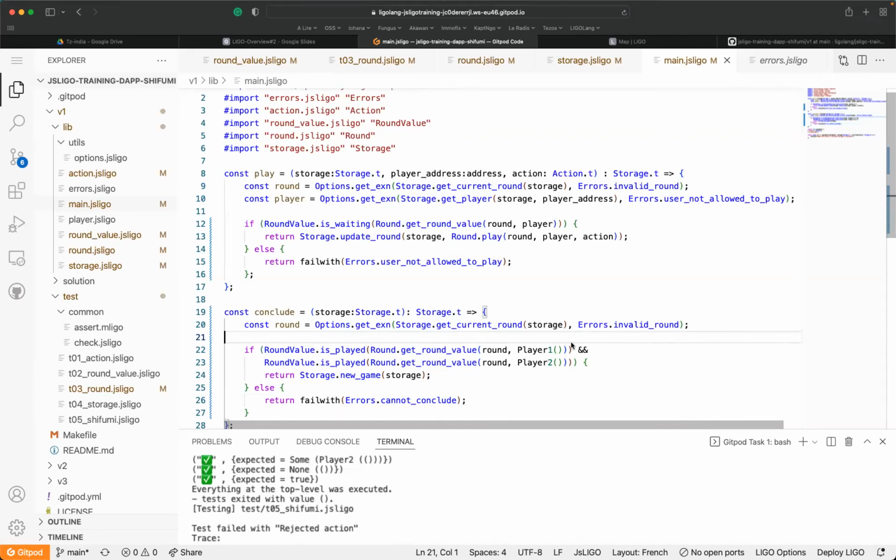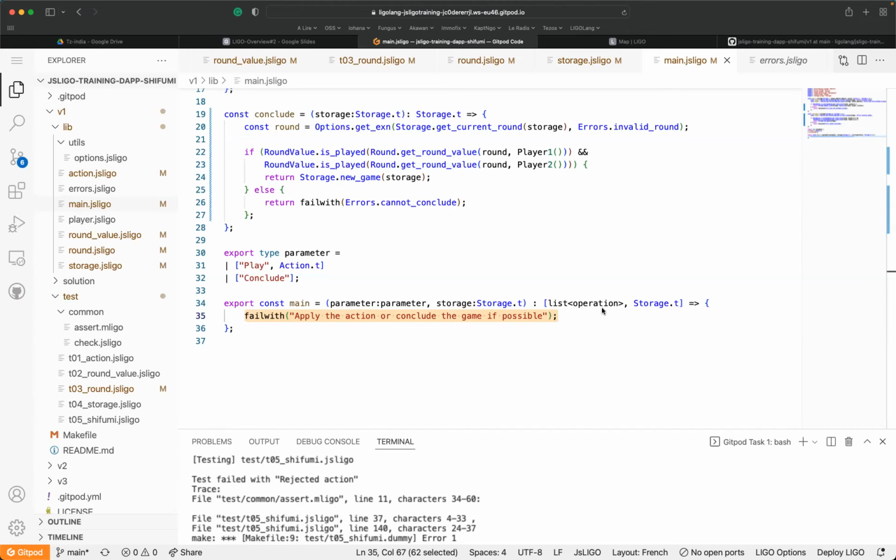Finally, we wrote the play and conclude. So maybe we cannot start to play with the contract, because if I decide to execute the contract, we will have some issue, I guess, because here, as you see, rejected action. He said that he cannot execute the code because the main entry should be written. So here we have to deal with the main action, so we have to deal with a variant type. We have to call each entry, each behavior related to the parameter which has been received. So we know how to do it.